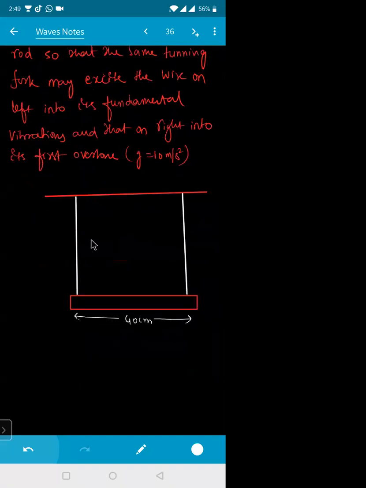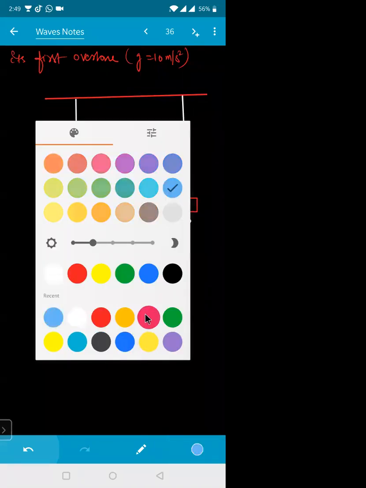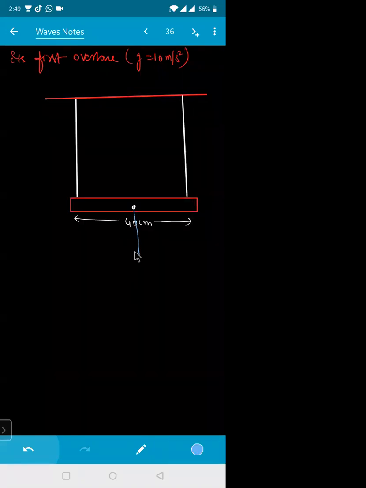Actually, the weight of the rod is already given. How much, beta? 1.2 kg. That means that is weight in the downward direction. So its weight acts downward, equal to 1.2 times g. So tension will be developed in the strings. Here this will be your T1 and here this one will be your T2. So this is your point A, and this one is your point B. Okay. Now read the question.